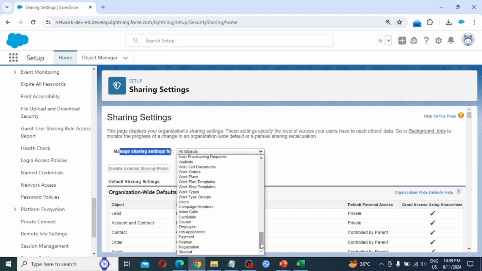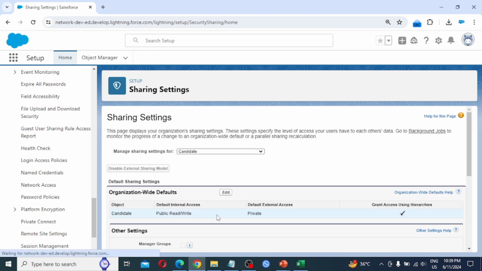Below, some of the custom objects that we had created are also coming over here. The custom objects are candidate, course, employee, job application, payment, position, registration, student. While clicking on a particular one, we can redirect to that object for the settings.